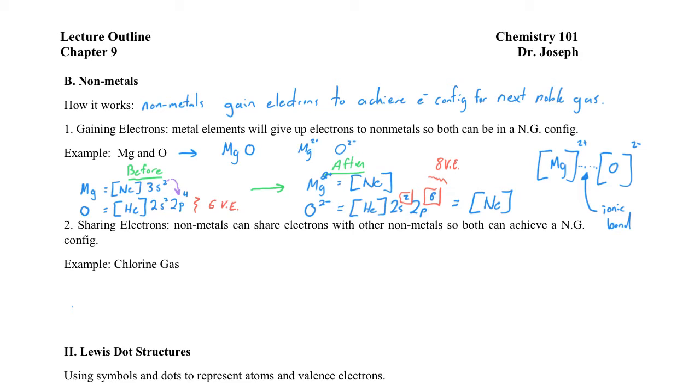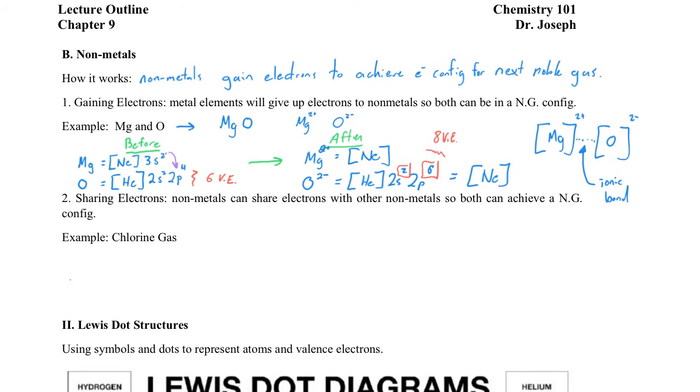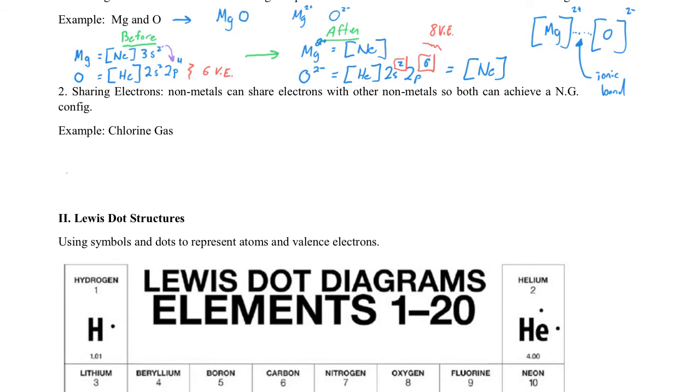This also can happen between two nonmetals, except we don't get an ionic bond, it turns out. We get something called a covalent bond. Now, I'm going to show you how this works with chlorine gas. But before we do that, what I want to do is show you, notice that this